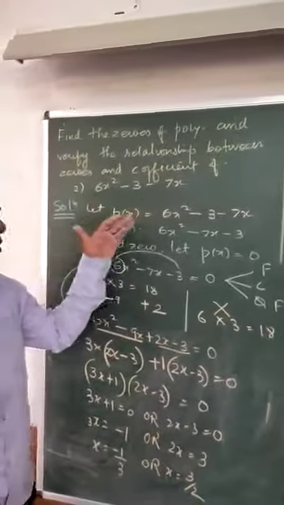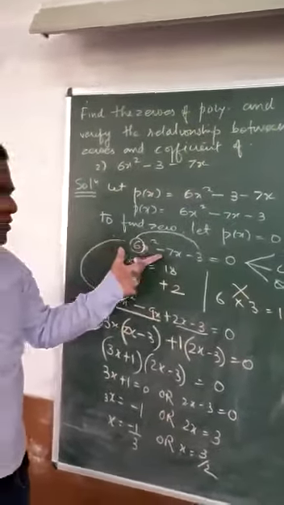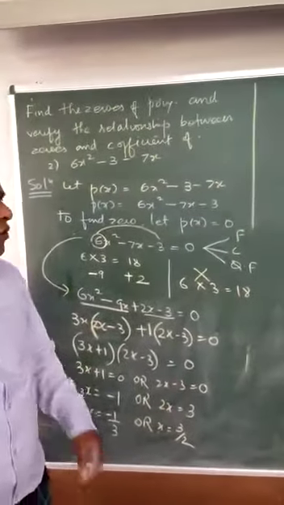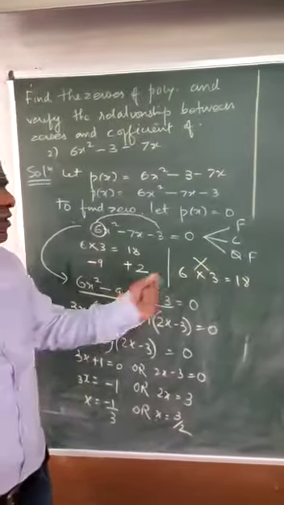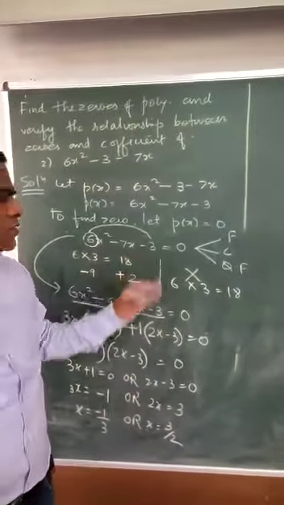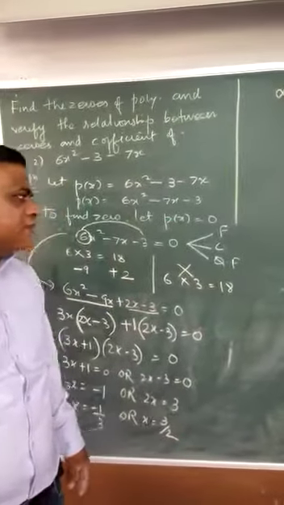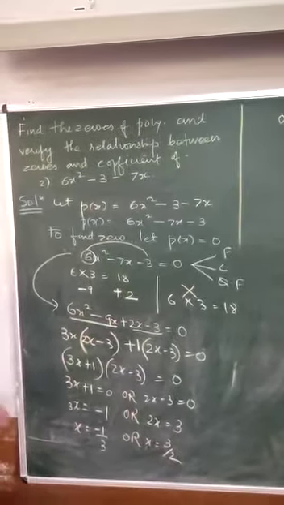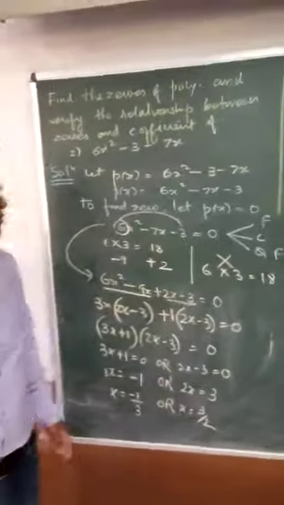So what do we do to find the zeros of the polynomial? We have to equate that polynomial equal to 0. Now, since it is a quadratic polynomial, you can use any of the three methods known to you. The best one is always the quadratic formula: directly take the values of a, b and c, put them in the formula and get the answer. But here I have used the method of factorization, and if you want to use the method of factorization, if the